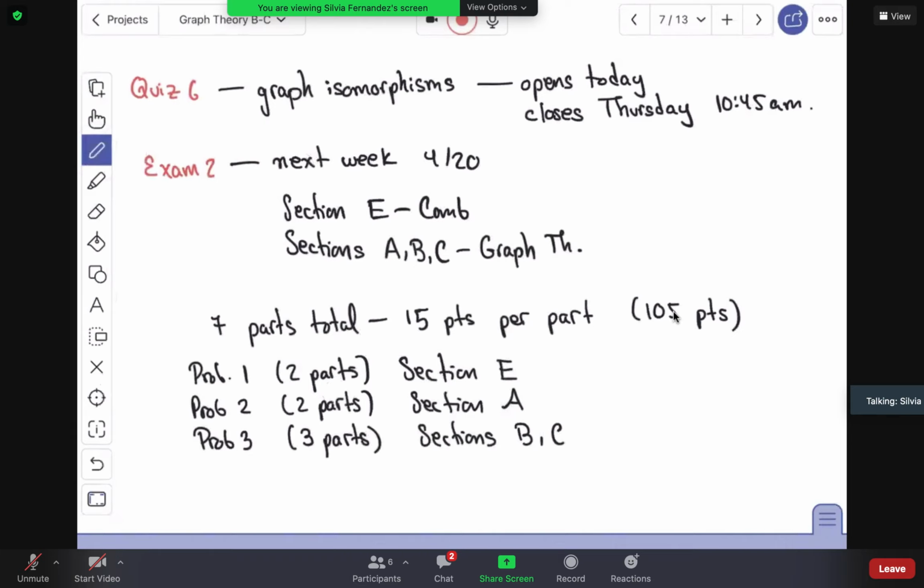But being online, it's really hard. I know for sure that people are using resources that they're not supposed to. I need to come up with questions that are not necessarily out there already, not exactly like those. I cannot repeat problems that are in